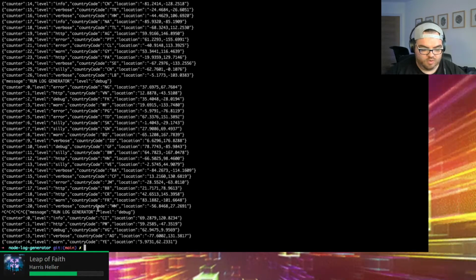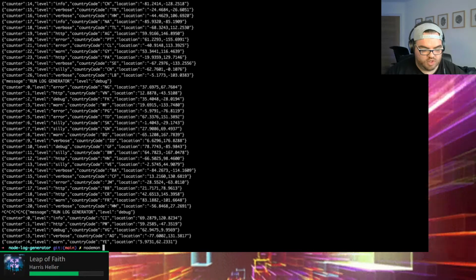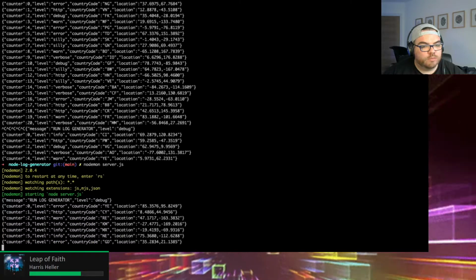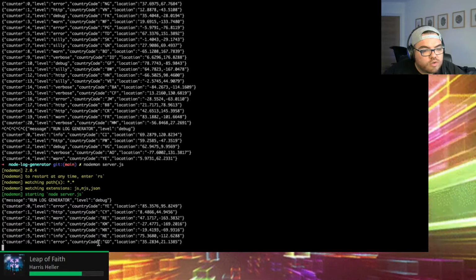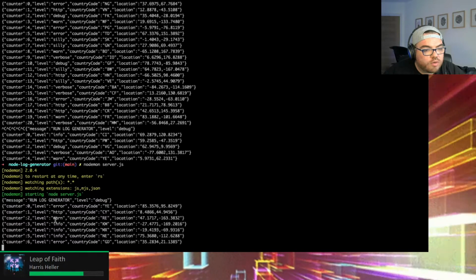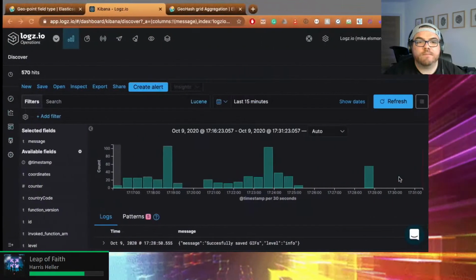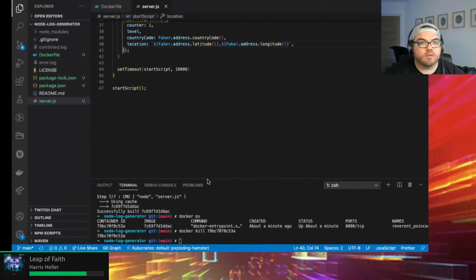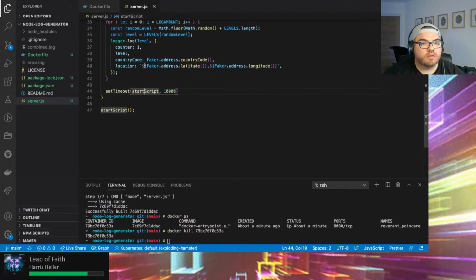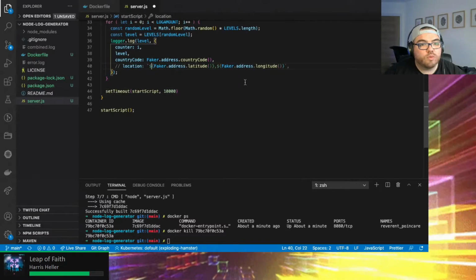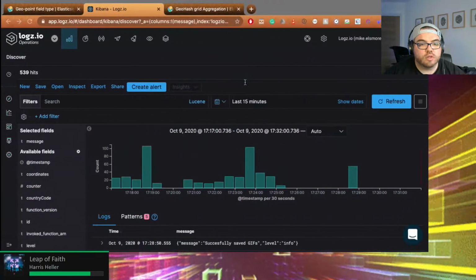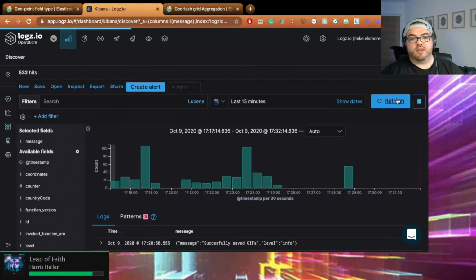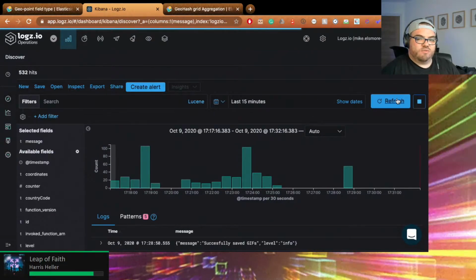Let's return to good old-fashioned JavaScript because I know what's going on here. Cool. Location, string, country code, etc. That's not liking it, but if I remove the location, do we suddenly have an uptick in data?